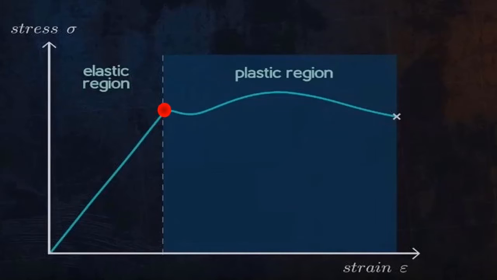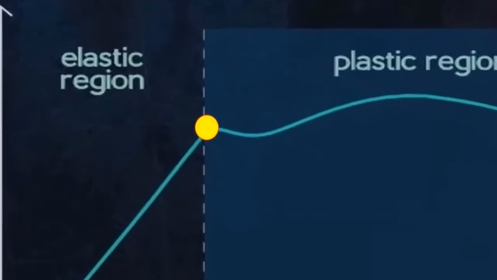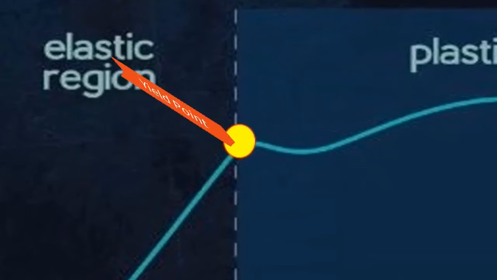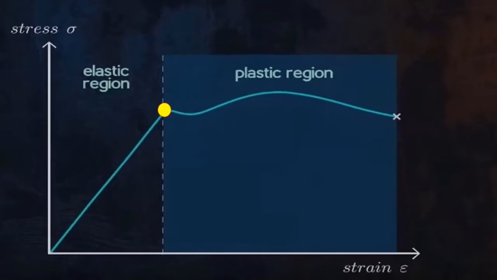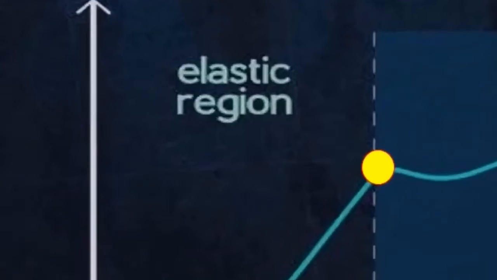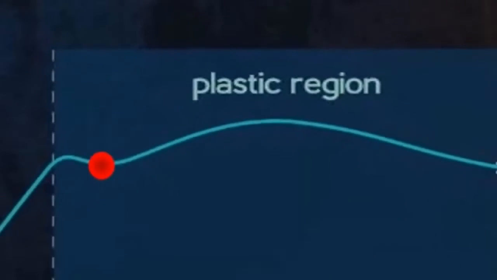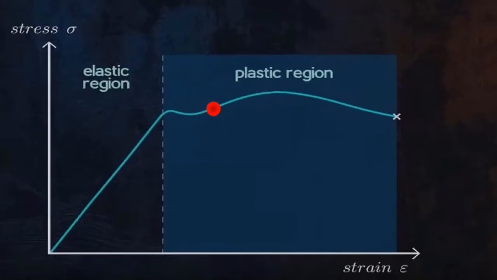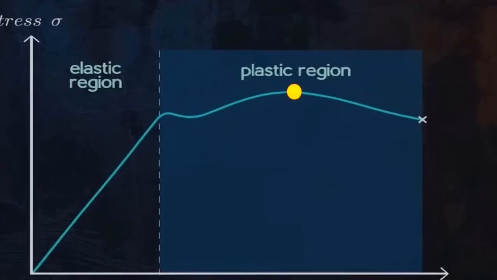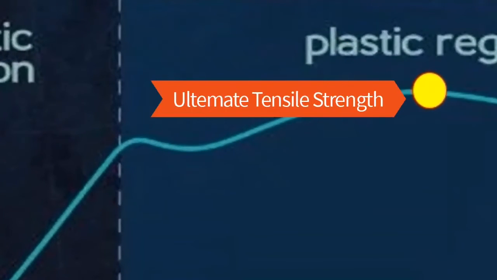After that, the second point is the yield point, which represents the beginning of the plastic region and the end of the elastic region. This point, yield point. We can observe that the curve splits into two regions, the elastic region where the curve is linear and the plastic region. If we remain in the elastic region, the original dimensions of the specimen will be completely recovered when the applied load is removed. For the plastic region, a permanent plastic deformation will remain after the applied load is removed.